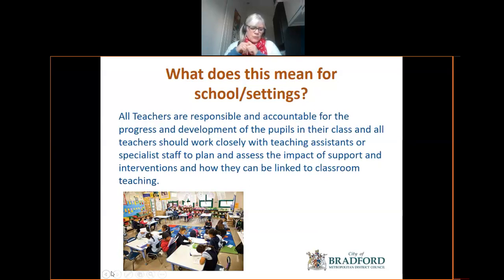It's likely that you will meet regularly with class teachers, subject staff to discuss pupil progress and review provisions. You will ensure that staff within your setting have the appropriate skills and resources to meet the needs of their pupils. Some children may have individual and group interventions to support their development and progress. However, you will be supporting teachers to link this back to what goes on in the classroom environment. This is essentially an inclusive approach.